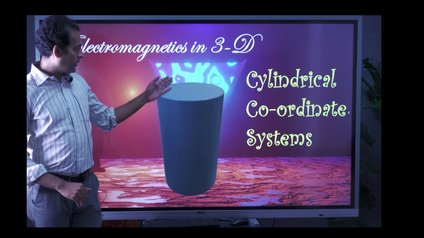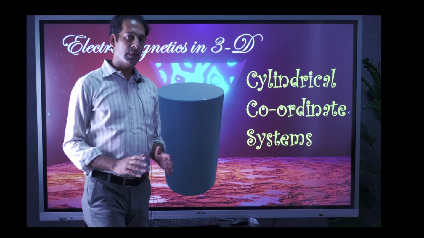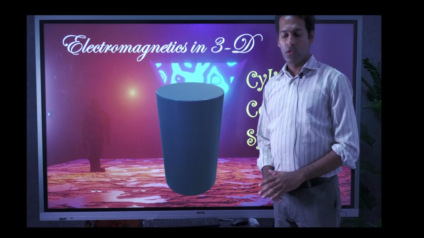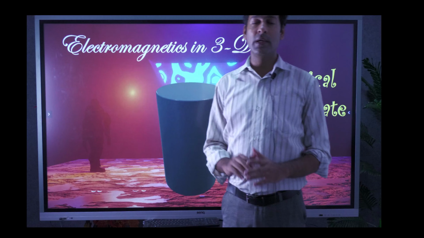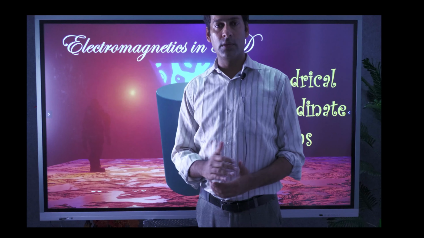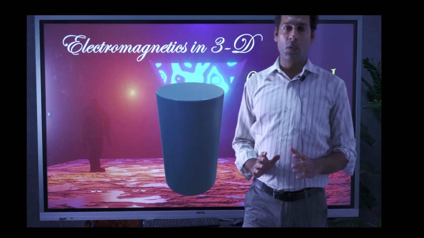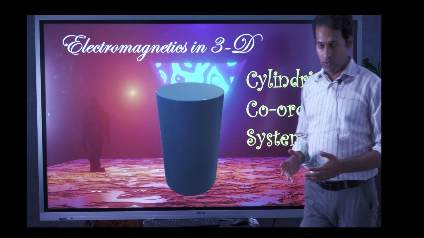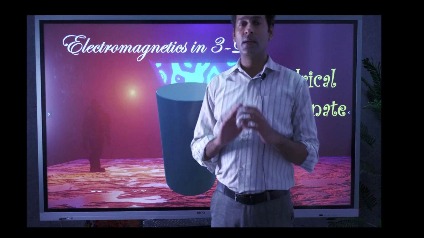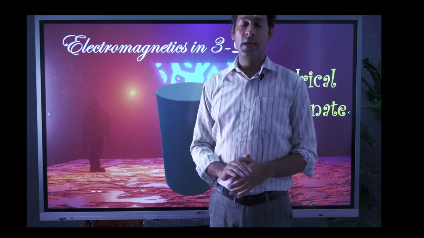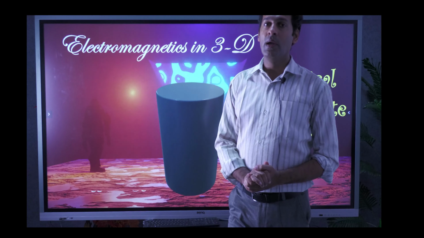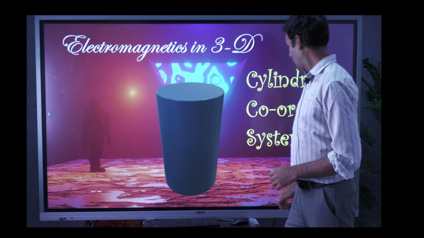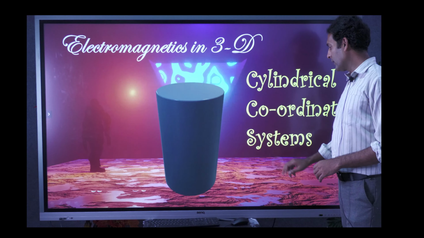As you can see here, it's all about a system in space which is of a cylindrical shape. Like we did in the previous session, where we imagined ourselves inside a classroom, in this session I want you to imagine yourself inside this cylinder. Imagine a circular cylindrical hall in which you are attending this session, and we don't have flat walls, but a circular wall. So let us begin with the cylindrical coordinate system.